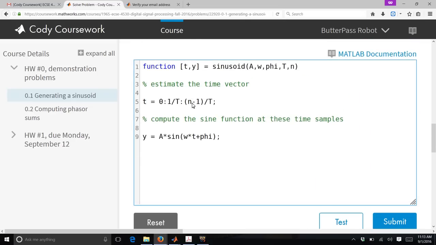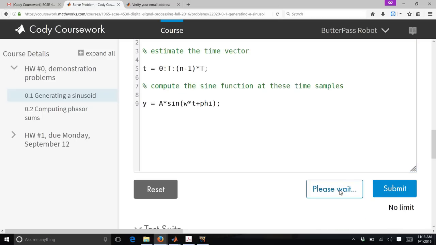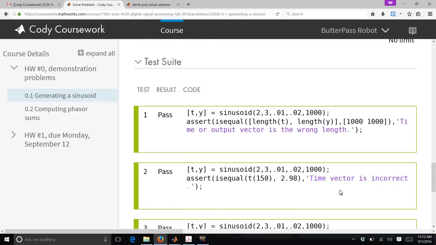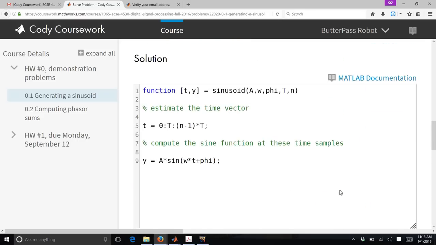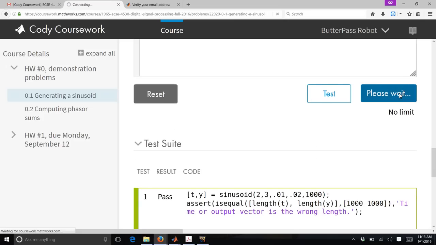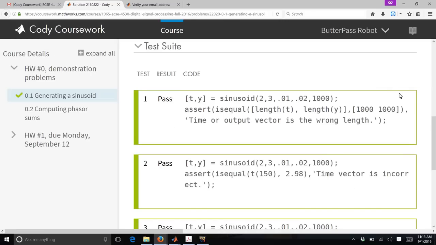So this is still a work in progress. Okay, pass. And I can see that I get green checks if I submit this. I should see something that tells me I did it right. So this tells me that I get a green check mark that says I did it right,